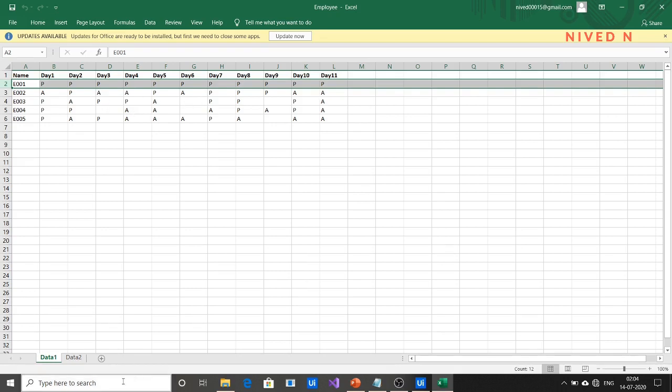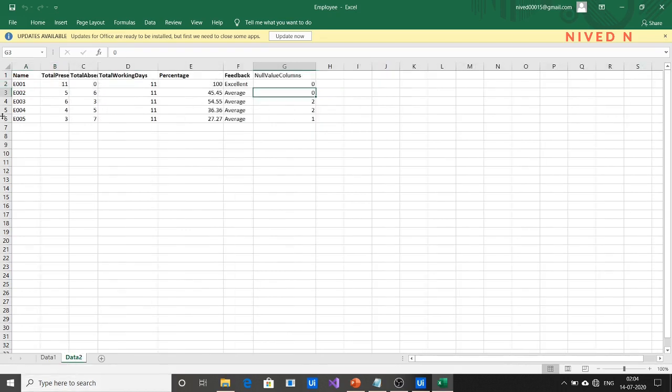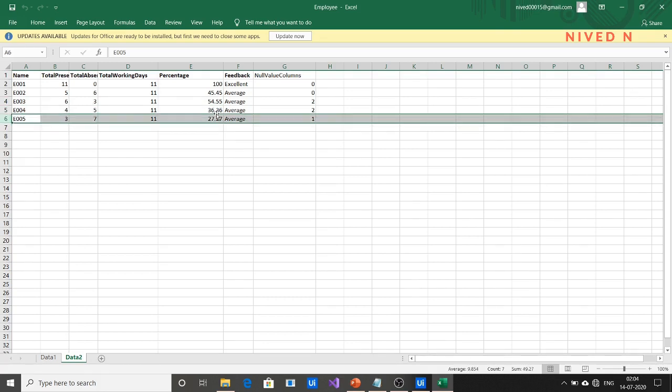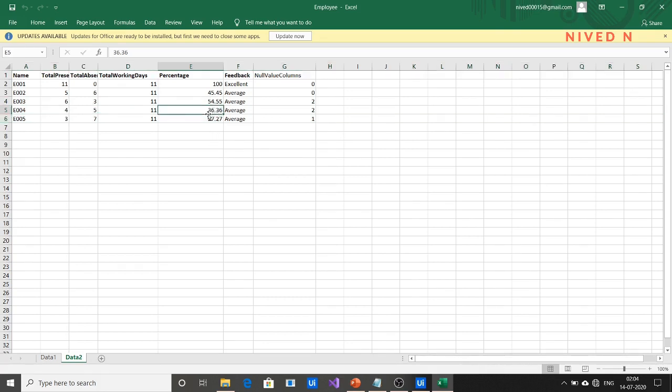If you go here, you can check this. So from this we can conclude that our workflow has run very successfully. Also, you can see that the percentage value has been rounded to two decimal places.